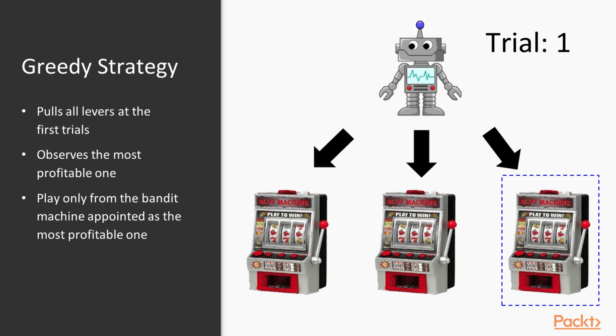As you guys can realize, this strategy doesn't encourage too much exploration. It spends a very short time to figure out which bandit machine returns the highest score, shifts to the exploitation mode, and uses this information to pull the lever from the bandit machine pointed as the most profitable one early in the first trials. At first glance, you might not feel that it's a good strategy because the agent could have spent more time in exploration mode before shifting to the exploitation phase. However, if I was in your shoes, I wouldn't draw any conclusion too early before we implement this agent and see its performance. Talking about implementation,